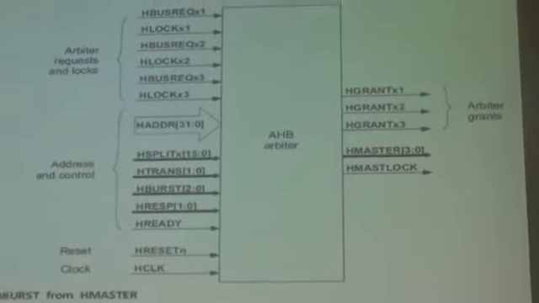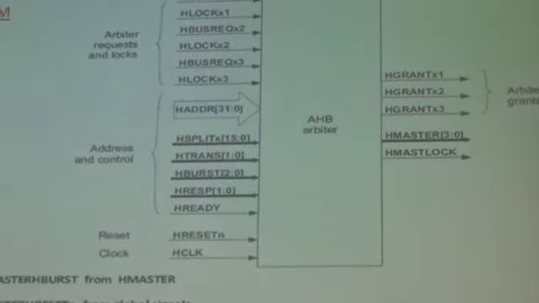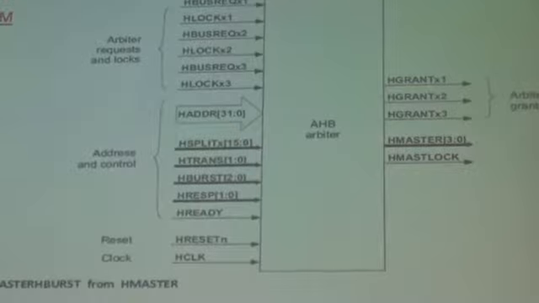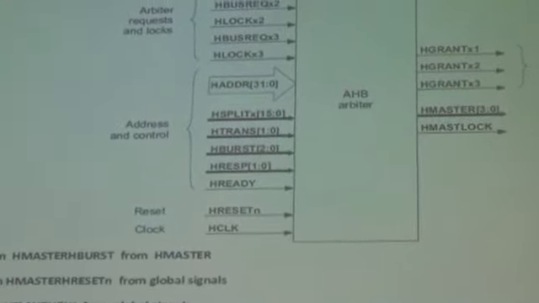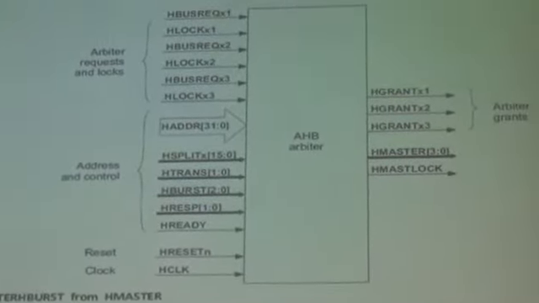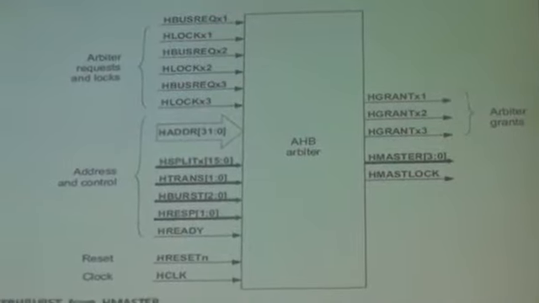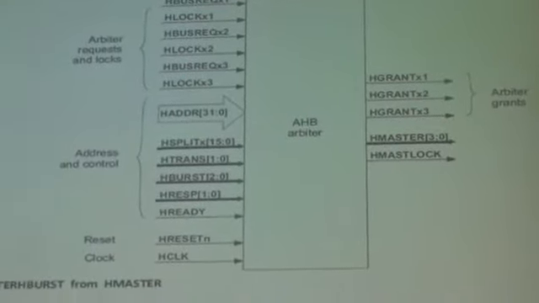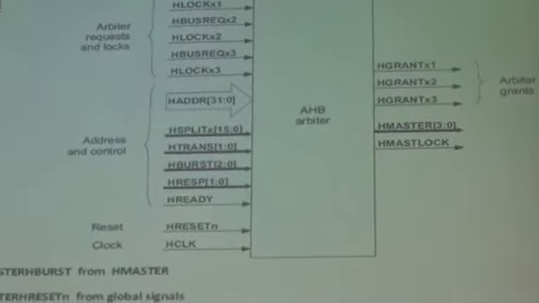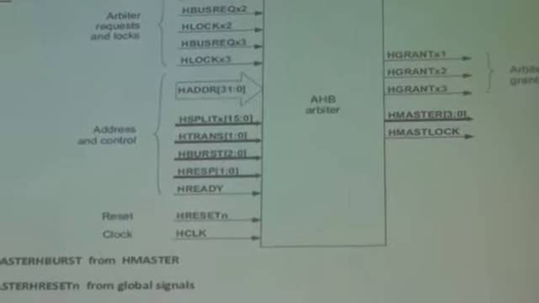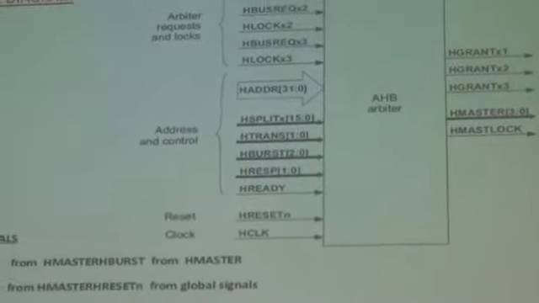Now we will learn each of the signals while describing the 10 variations of this arbiter for different transfers, as we will come to know in my later slides.